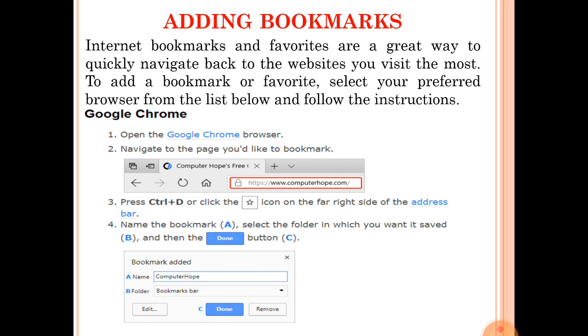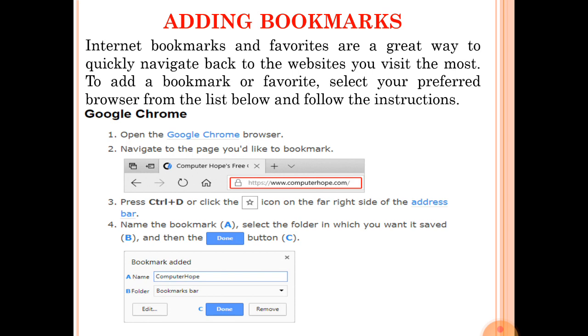Or click on the star button. There are two methods. Press Ctrl plus D or click on the star icon at the far upper right side of the address bar. Click on the star icon. Then, name the bookmark.